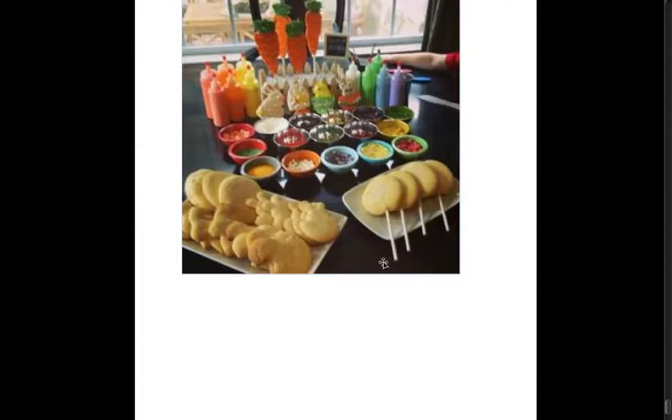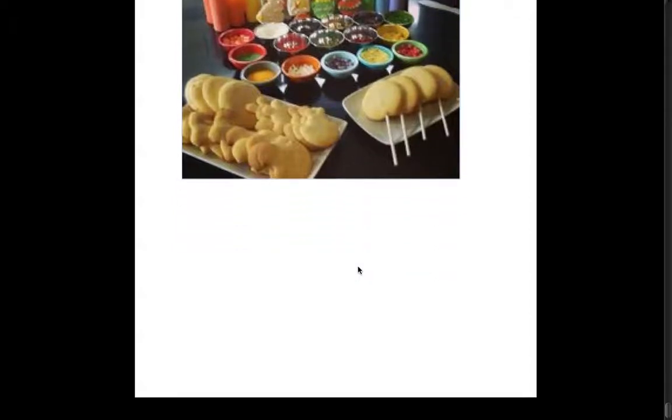And I'm going to have them design one cookie that symbolizes their heritage, and then another cookie that symbolizes something to do with American traditional Christmas. So those are the different